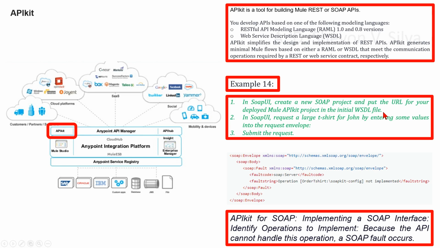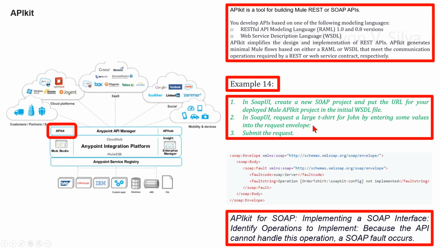In this example, as an example URL, http://localhost:8081/t-shirt-service/t-shirt-service-port?wsdl. 2. In the SOAP UI, request a large t-shirt for John by entering some values